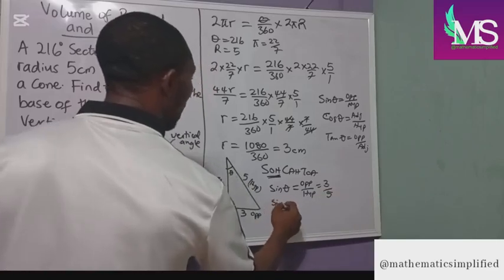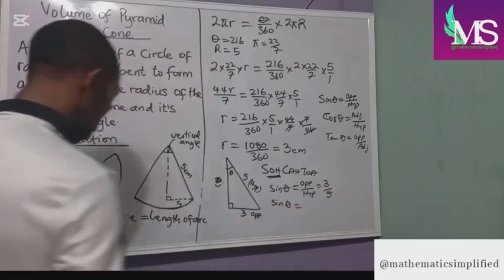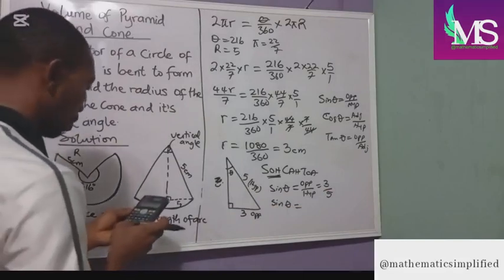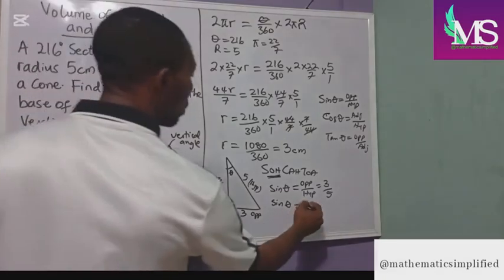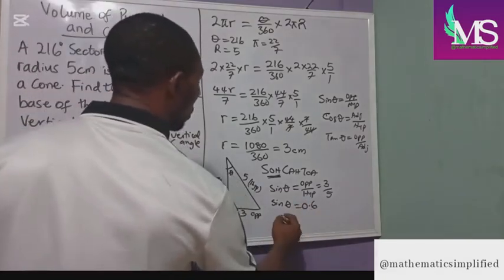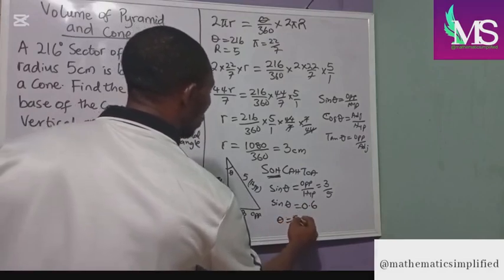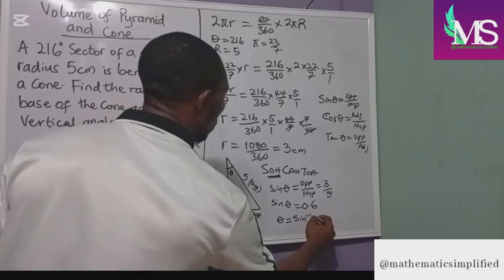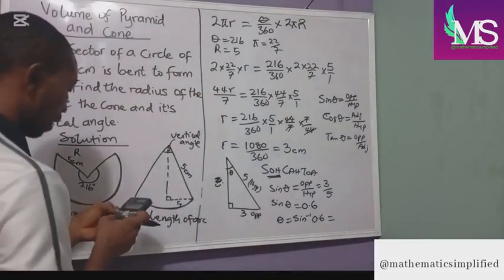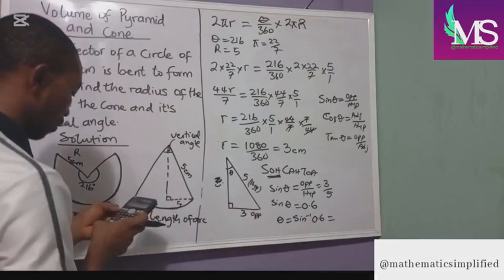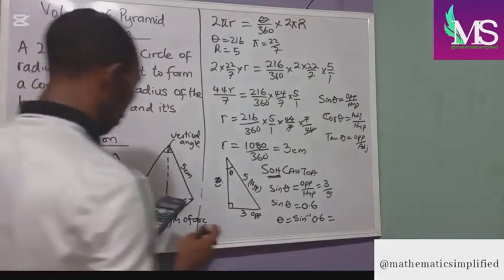So sine theta equals 3 divided by 5, which gives us 0.6. So theta equals sine inverse of 0.6,